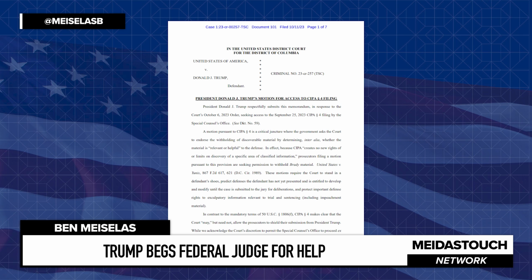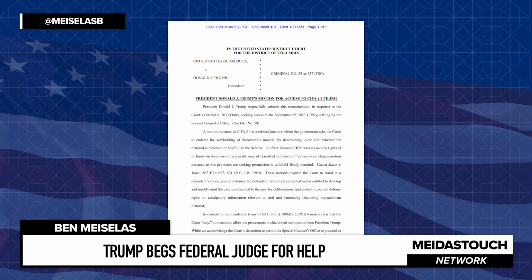A motion pursuant to CIPA Section 4 is a critical juncture where the government asks the court to endorse the withholding of discoverable material by determining, inter alia, Latin for among other things, whether the material is relevant or helpful to the defense. In effect, because CIPA creates no new rights or limits on discovery of a specific area of classified information, prosecutors filing a motion pursuant to this provision are seeking permission to withhold Brady material.